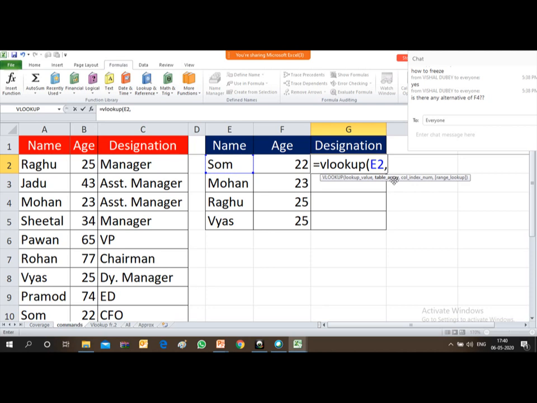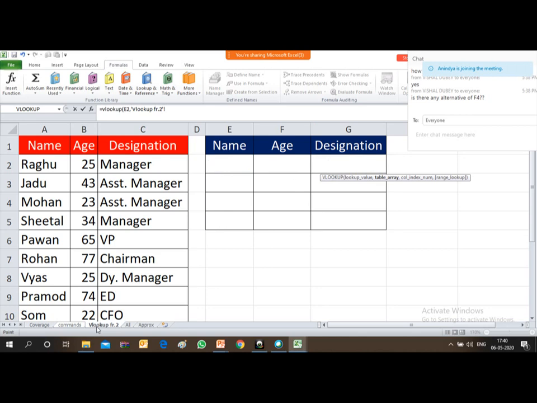Friends, now I want to derive the value from a different sheet of the same file. So I will go to the next sheet, and in the next sheet I will select the area. Once you move the cursor to the third column, you will see one small box appearing over here.